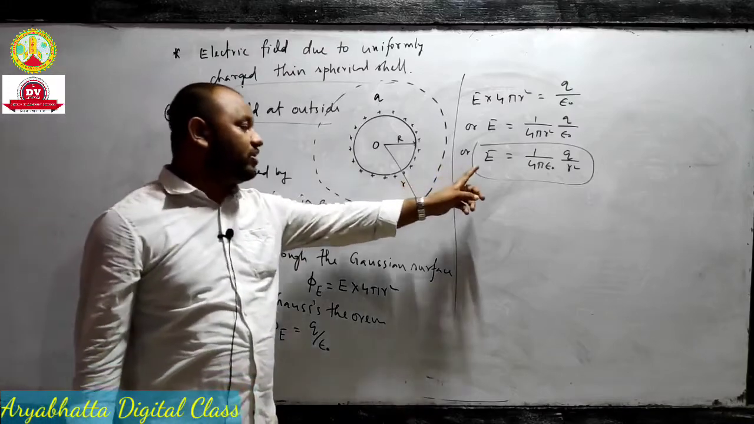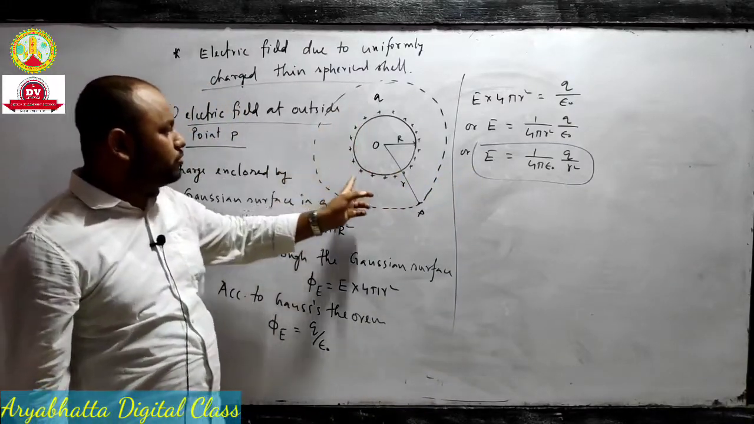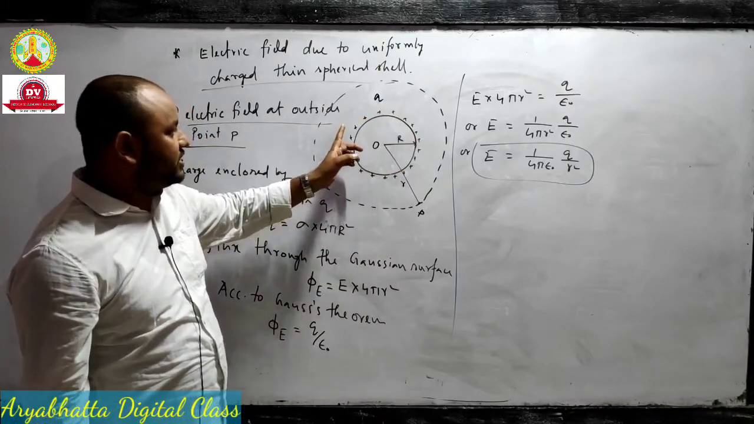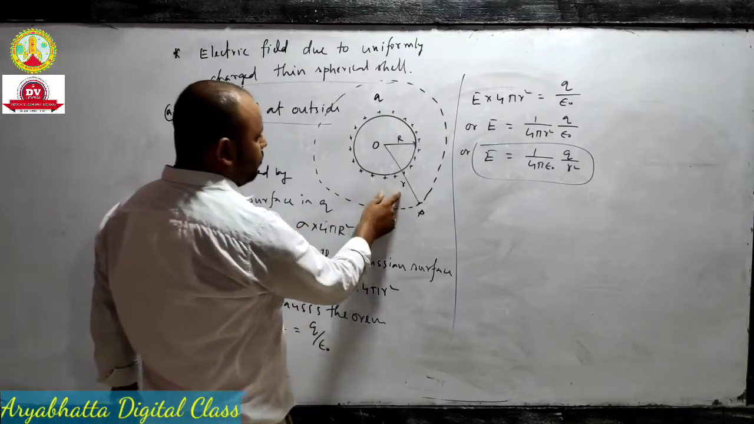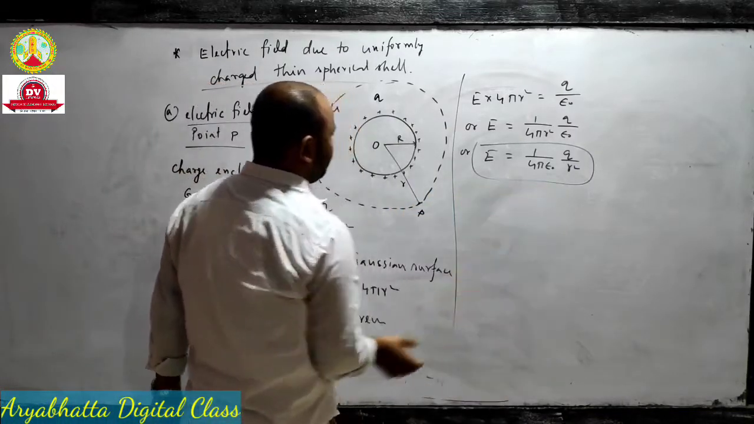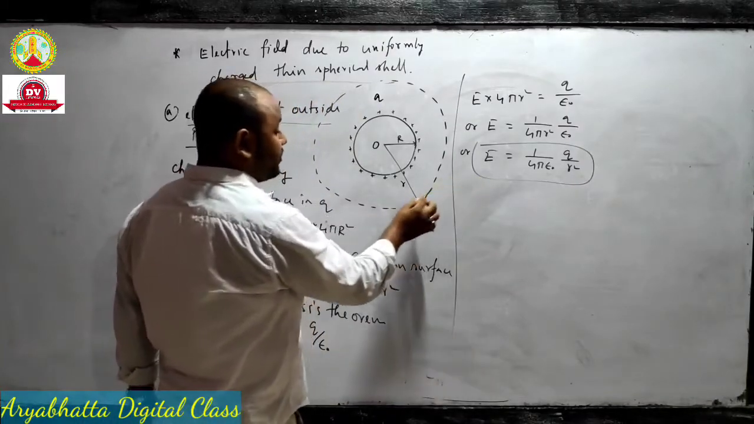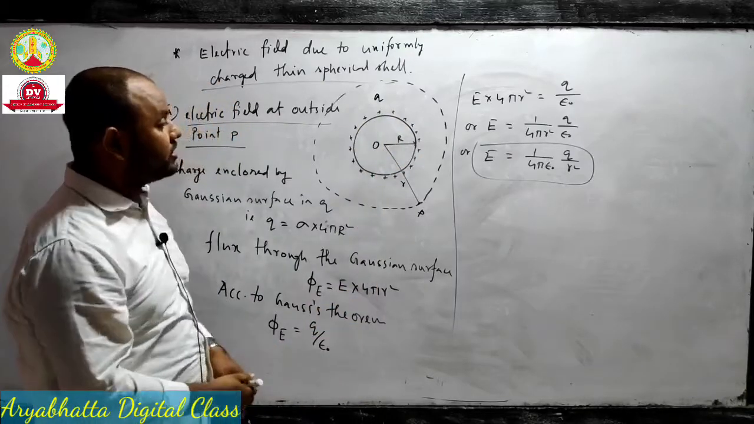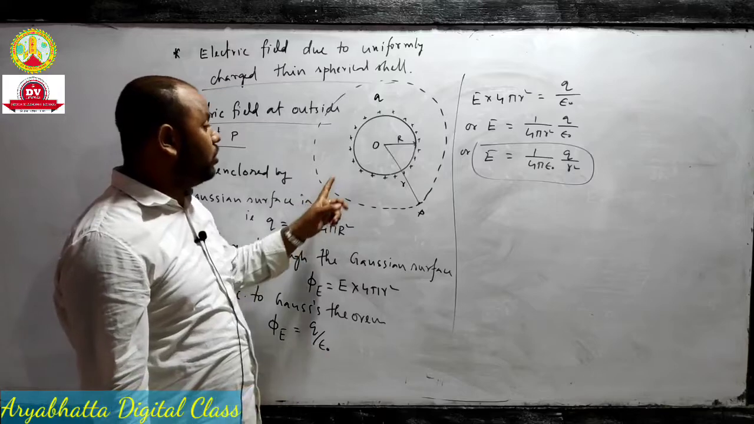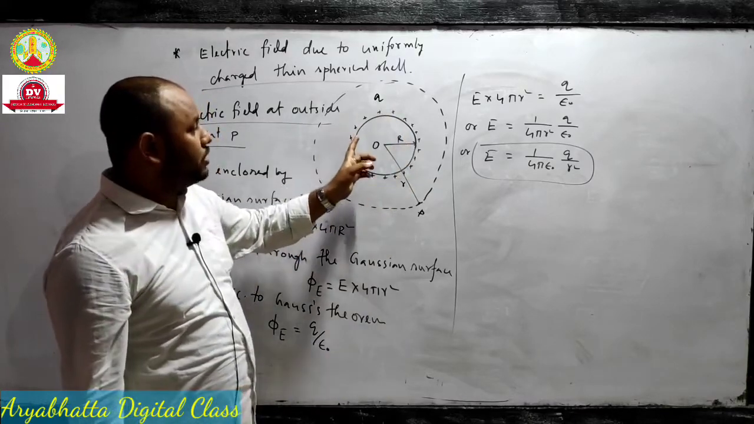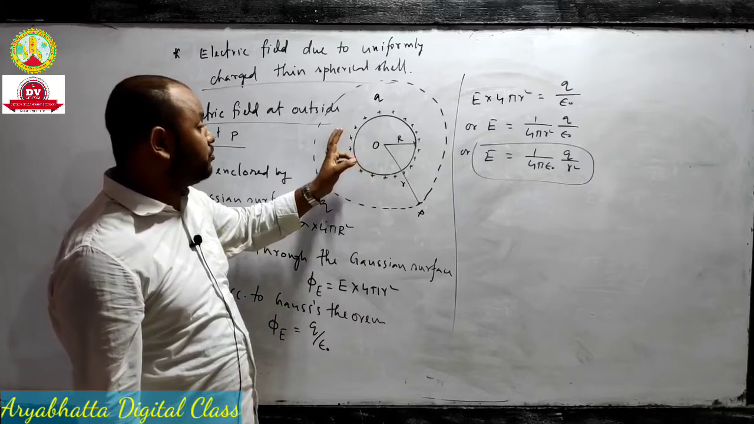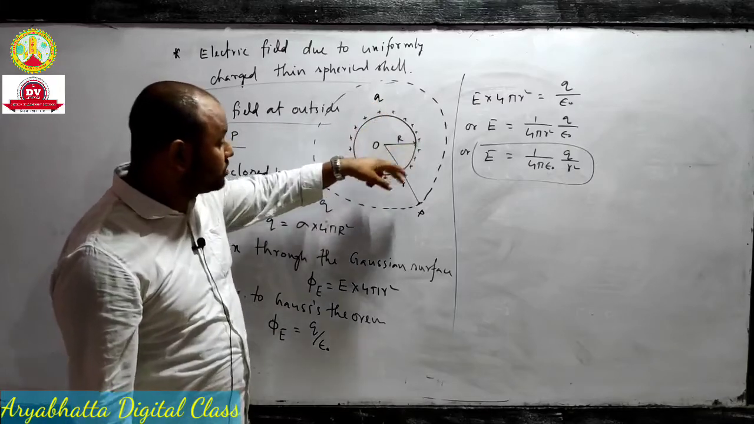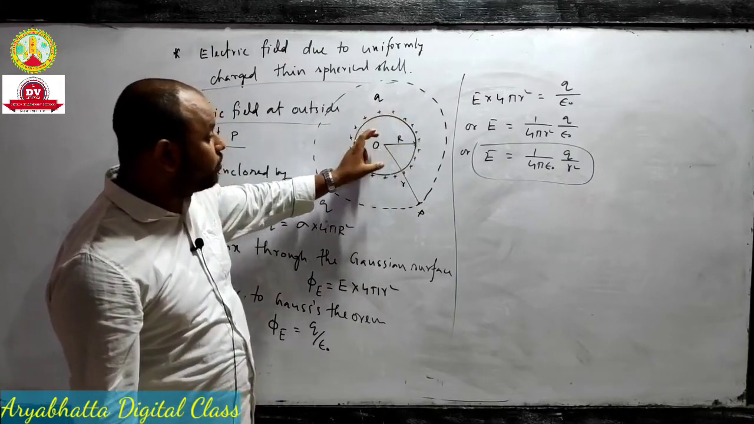So this is the value of electric field due to this thin spherical shell of surface charge density sigma at a distance r. You remember, this is the electric field at point P due to this thin spherical shell. Here the charges are uniformly distributed over the surface of the sphere. The charges are distributed over this shell, and due to this surface charge distribution, we are calculating electric field at